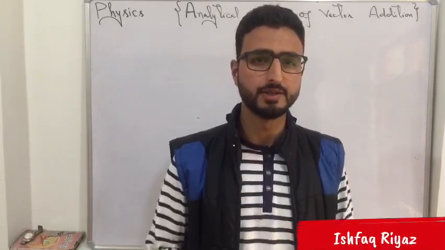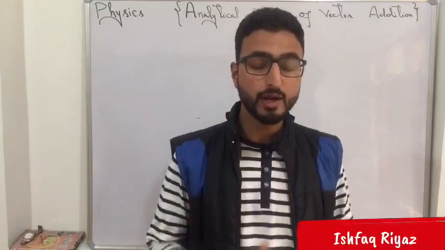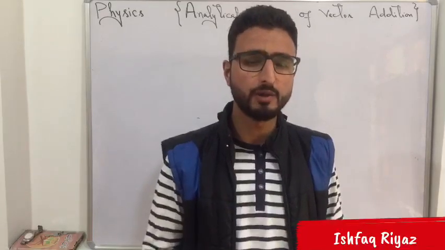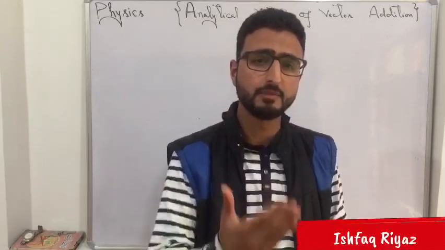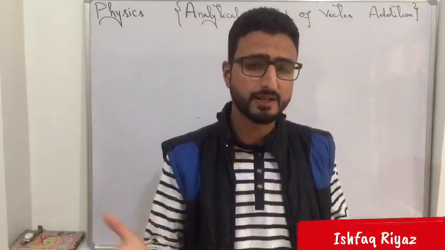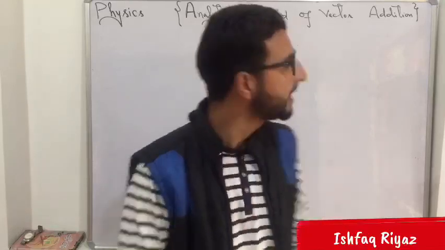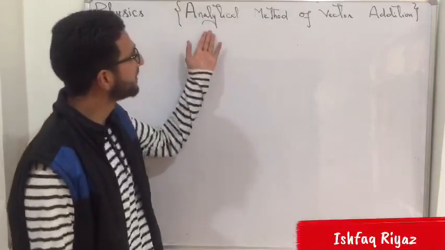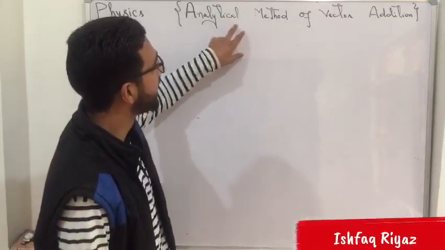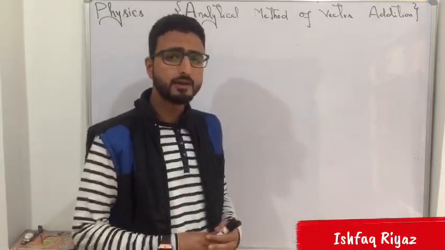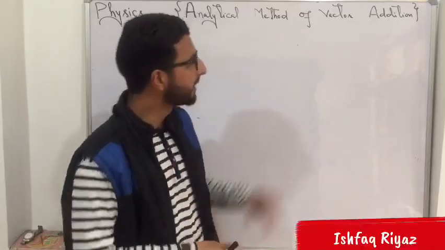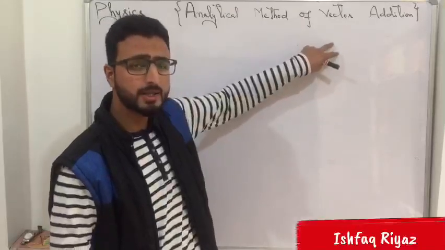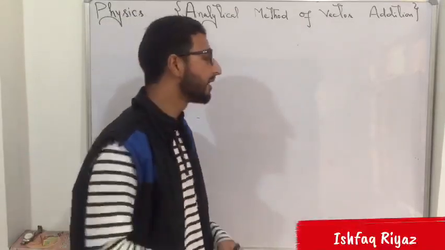Today we'll be discussing another topic on vectors, that is the analytical treatment of vector addition, that is to find the magnitude and direction of the resultant vector R by using mathematical analysis, because the graphical or geometrical method, if done accurately, takes a lot of time. So we'll try to find the magnitude and direction of the resultant vector R by the analytical method of vector addition, again using the triangle law or the parallelogram law. But today we'll discuss the mathematical analysis of the triangle law of vector addition.